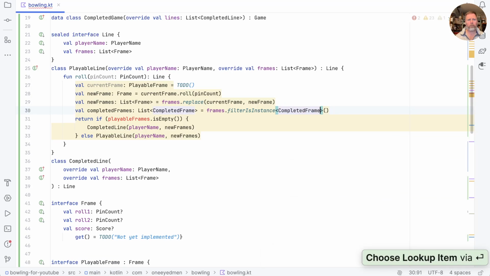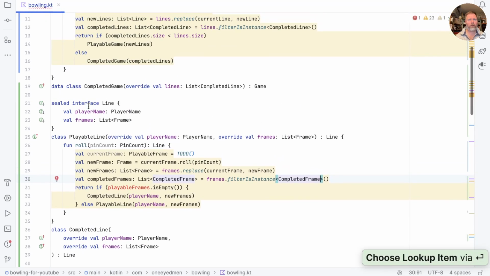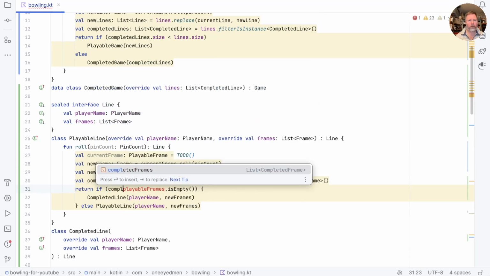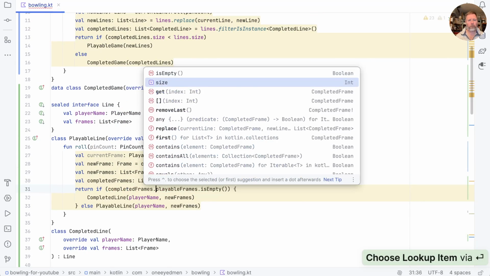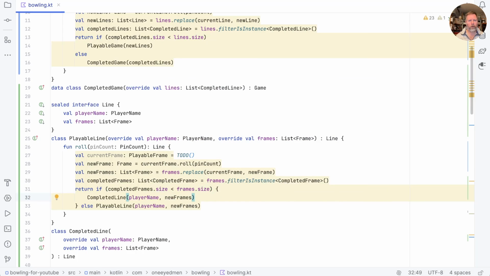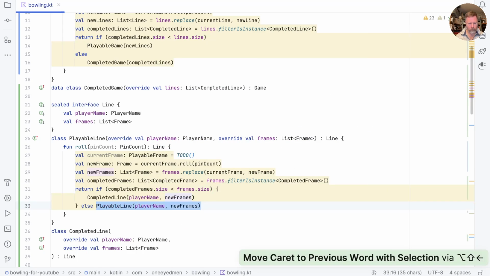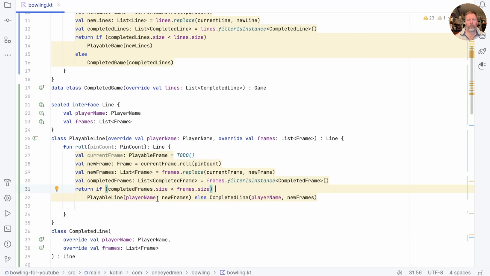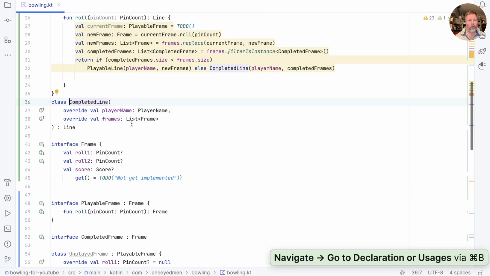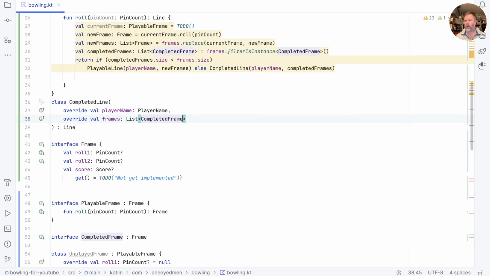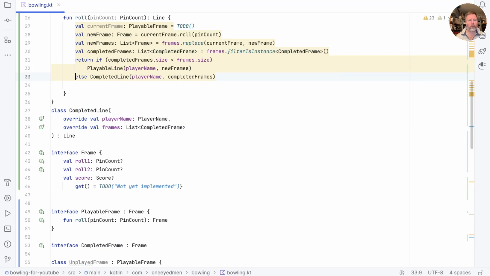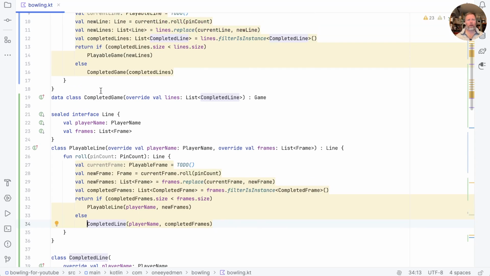That's completed frame, and now we'd have the same test here, which is that if the completed frames dot size is less than the frames dot size, then in that case we're a playable line, else we're a completed line, where the completed line can take the completed frames, and we go here and say that this must be a list of completed frame. Okay then, drop that down there, get rid of that, add that in there,